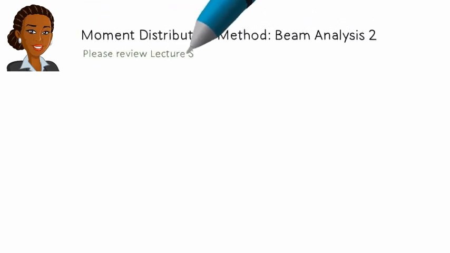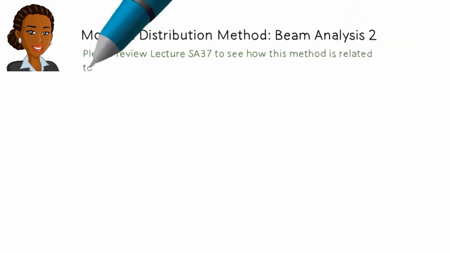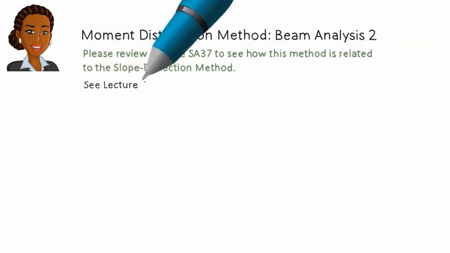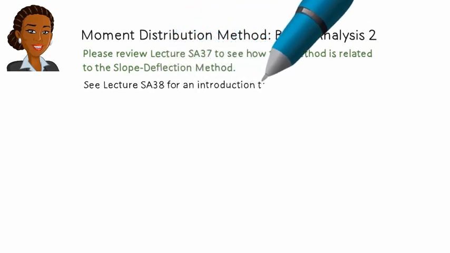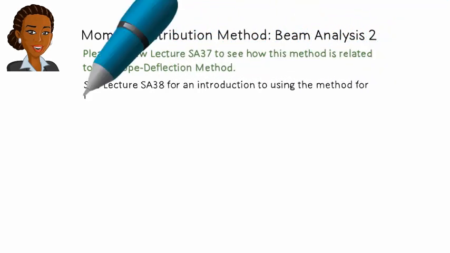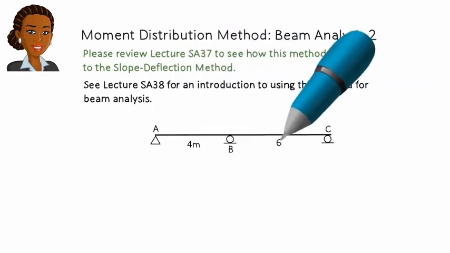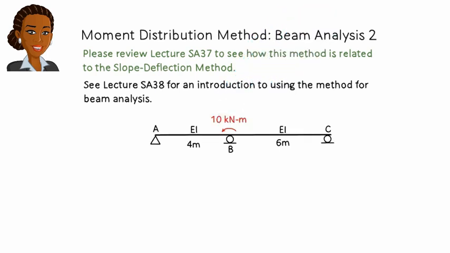I described a mathematical basis for the moment distribution method in lecture SA37. In lecture SA38, we examined the use of the method for analyzing continuous beams with pin and roller supports. In this lecture, I'm going to explain how to handle fixed supports. Let's consider the continuous beam that we saw in the previous lectures, a beam with one pin and two roller